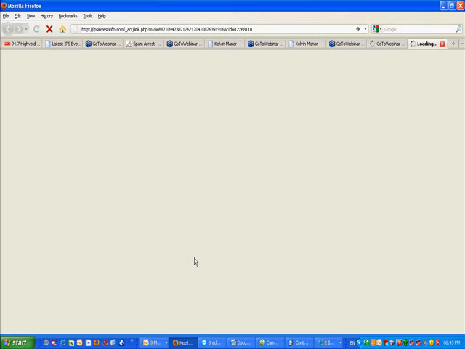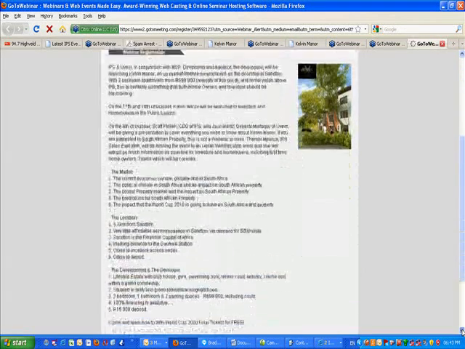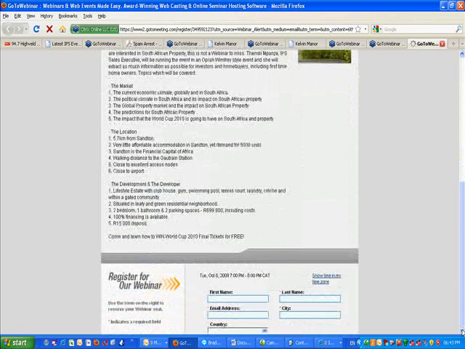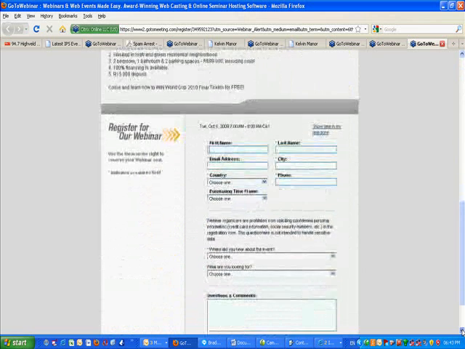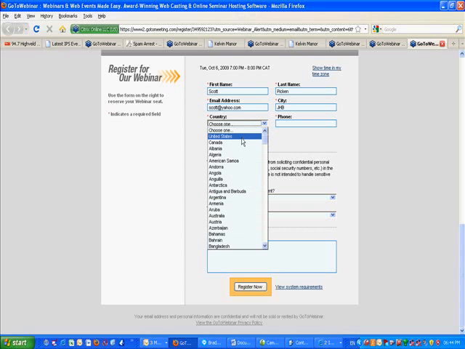And what it allows you to do then is you just register for that event. So you say, look, I'm interested, and I want to put my name and details down. So the particular web page opens up. I go down to it. The details down the bottom. And I basically fill in all my details. So it's Scott, my last name is Picken, my email address is scott@yahoo.com, my city is Johannesburg, my country is South Africa,